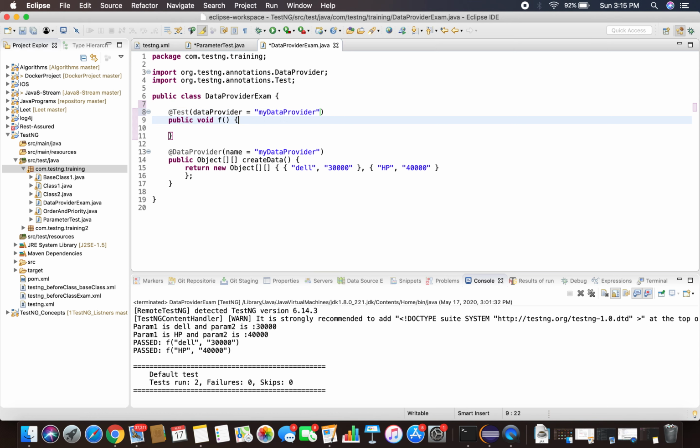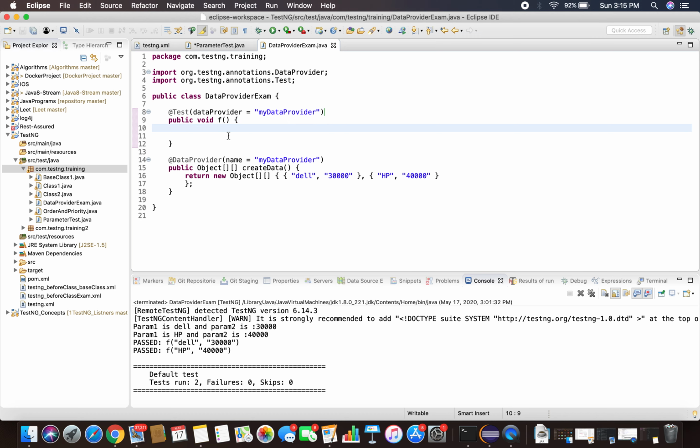Once you have defined that, you would be able to run this particular test. Let us name it test data provider. This is my method.